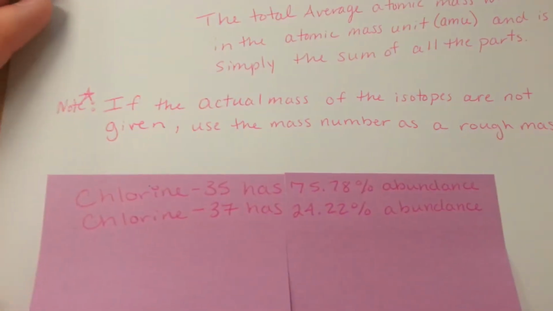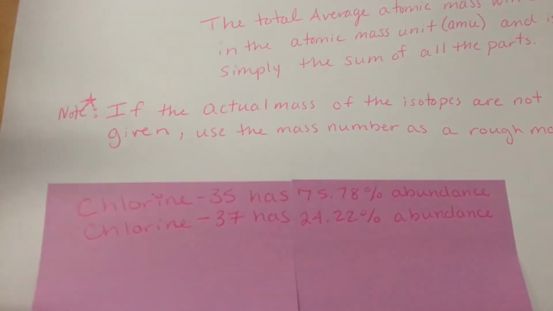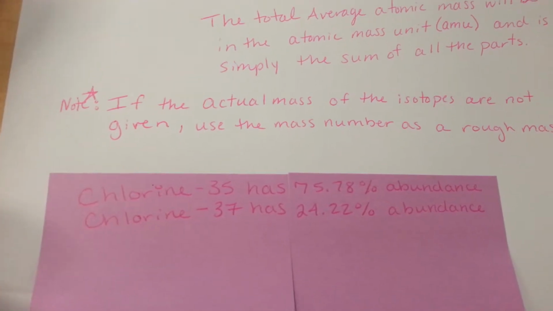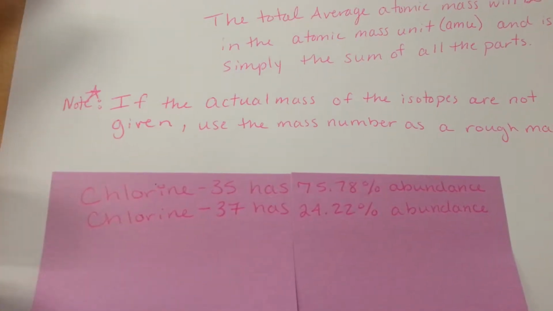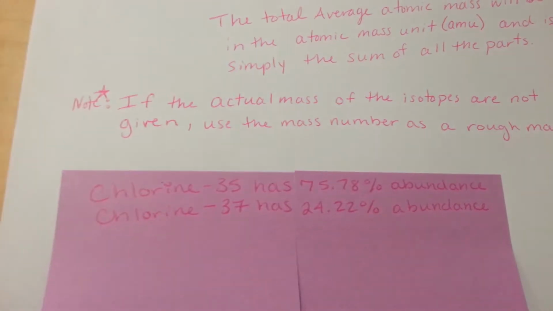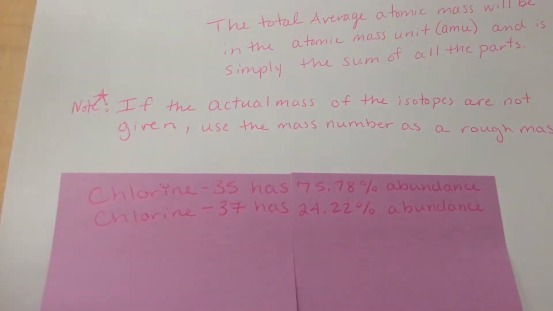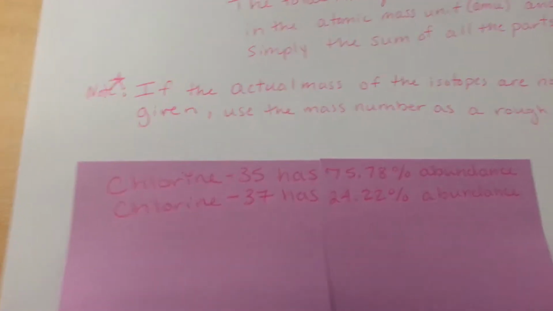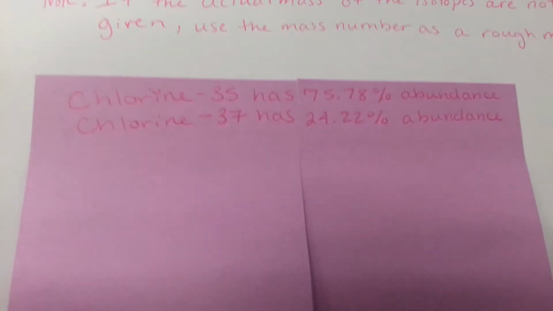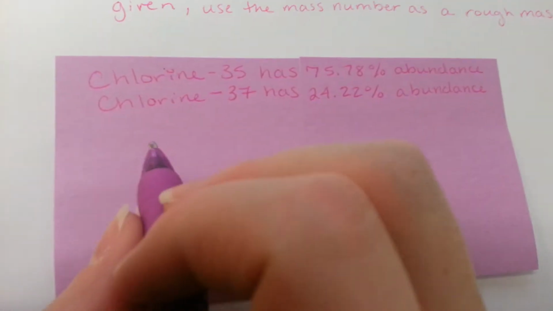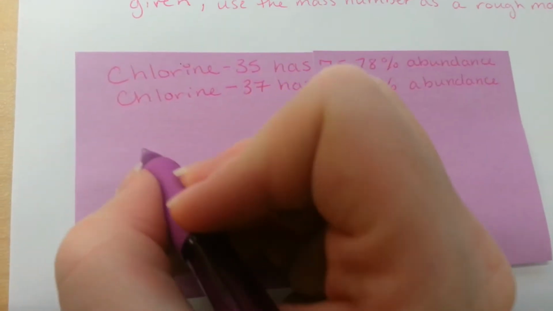So this example tells us that we have chlorine-35, and that particular isotope has 75.78% abundance on Earth. But chlorine-37 has a 24.22% abundance. So if they want to know the average atomic weight for chlorine, we have to take those percentages into account. So we have